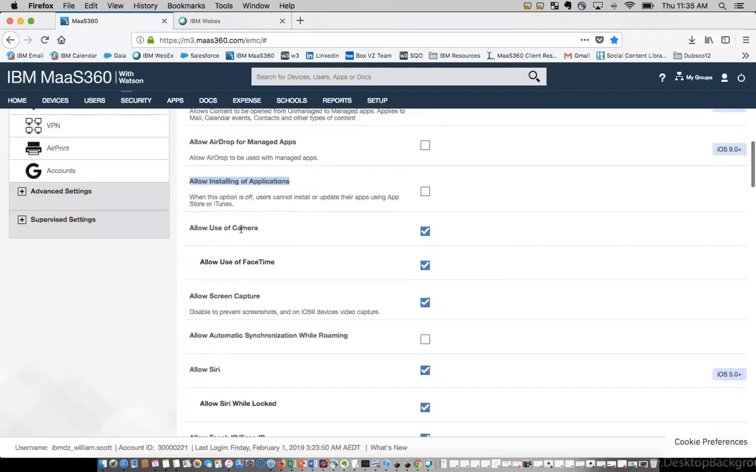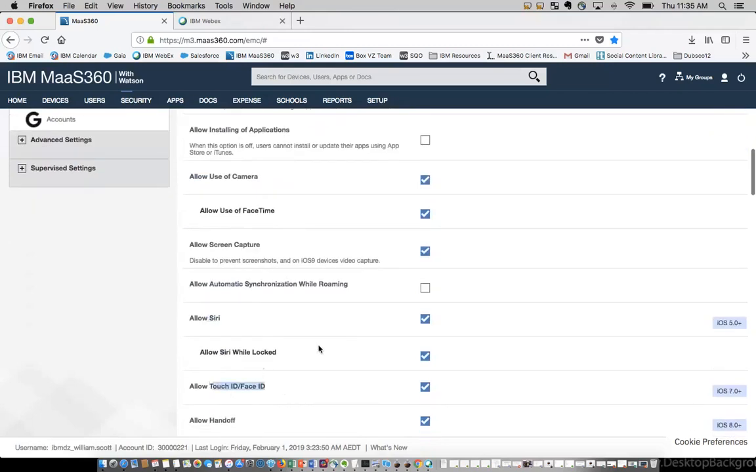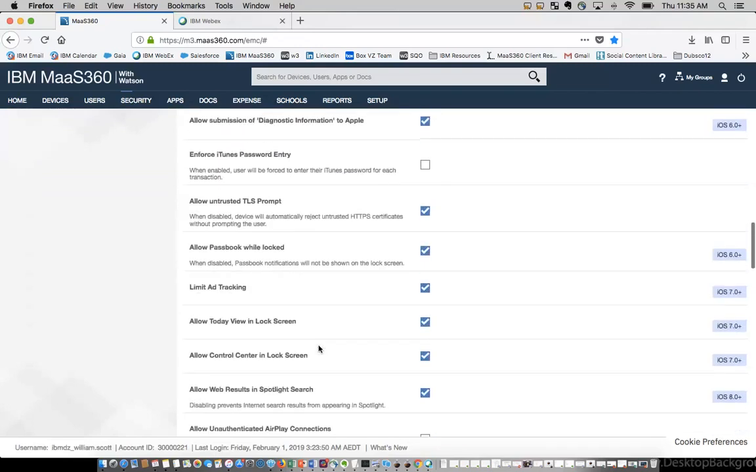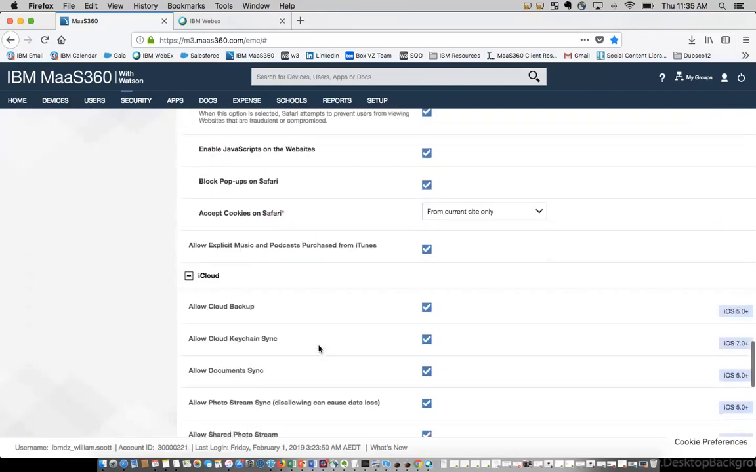You can also enable or disable the use of the camera, FaceTime, screen capture, Siri, Touch ID, and Face ID. I won't go through all of these. There are a ton of different settings here, but a lot of these you probably won't touch. One thing that is definitely beneficial is